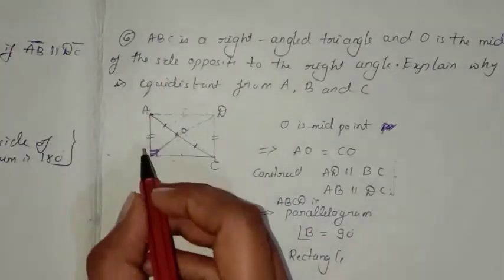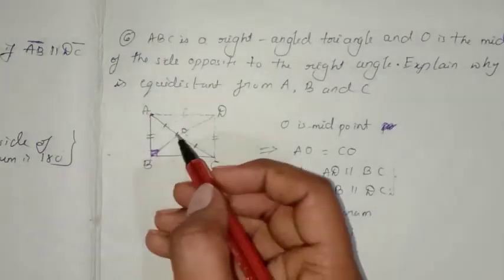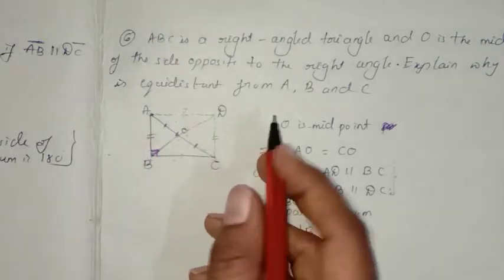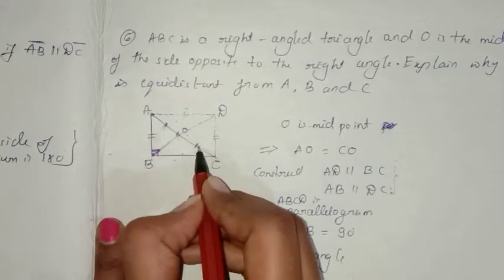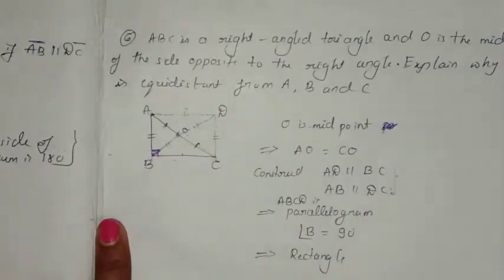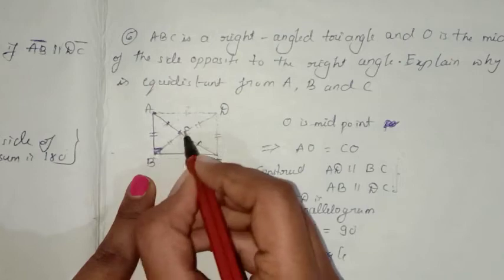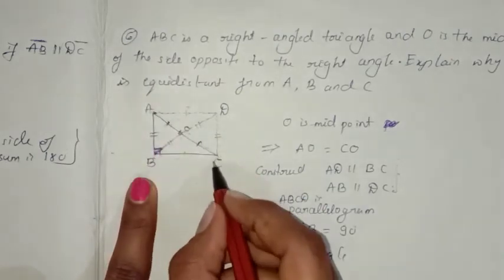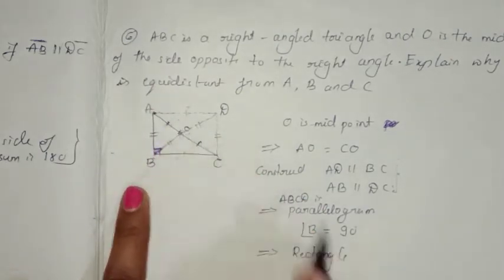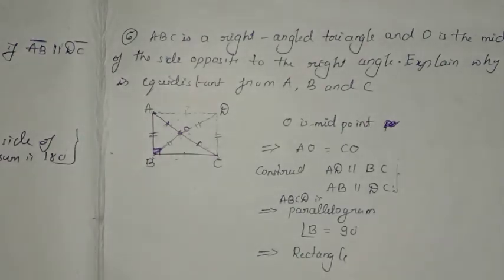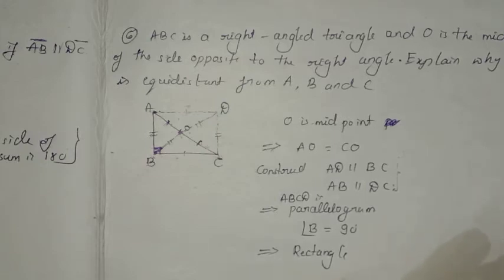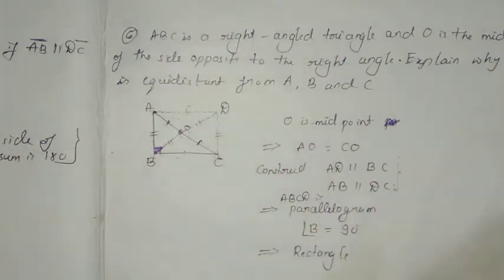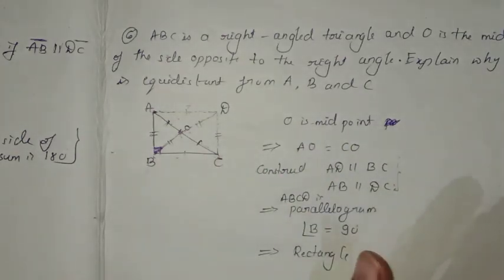If it is a rectangle, the diagonals which are formed are equal to each other, because these diagonals are equal and these diagonals are equal to each other. That means O is equidistant from B, it is equidistant from A, and O is equidistant from C also. This is about the 6th question. This completes your quadrilateral unit, and just read properly. There will be an exam that I will inform you about afterwards. If you have any doubt related to any concept, you can ask me.